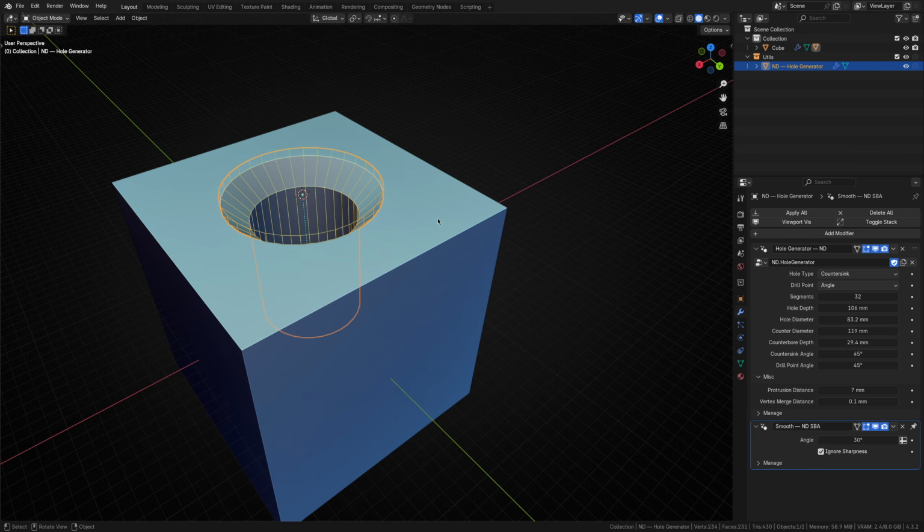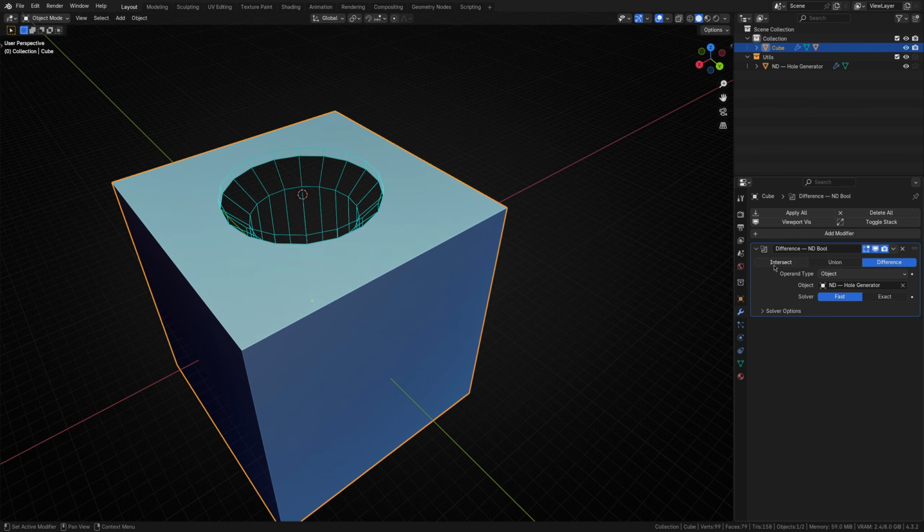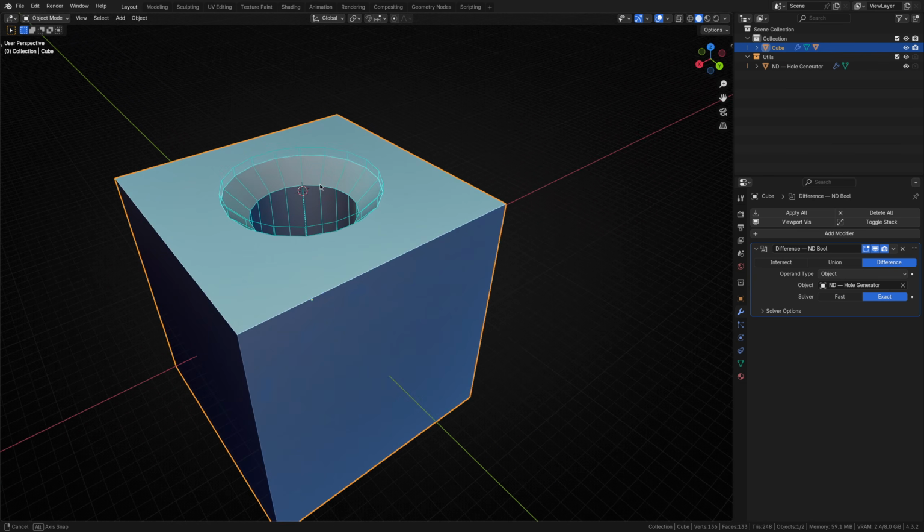While on the topic of Booleans, it's something to watch out for. If you ever change the segment count on the hole object and notice that the Boolean is failing, as you can see here, it's probably due to the fact that Blender's fast Boolean algorithm doesn't always work well in these situations. You can solve this, however, by going to the target object and swapping the solver to exact. Remember that the exact solver is more computationally expensive, and using many of them can slow down Blender.